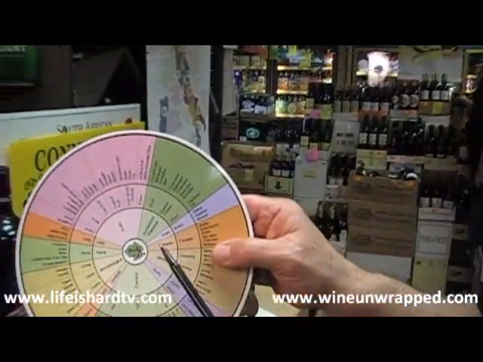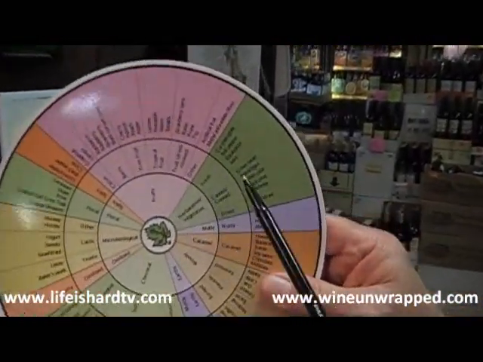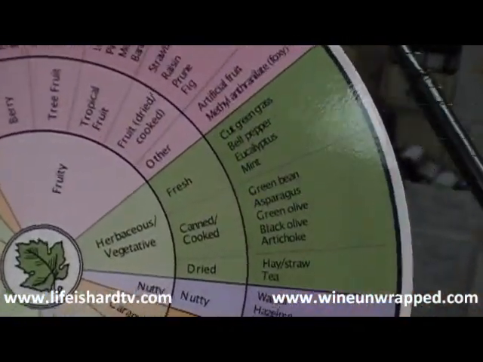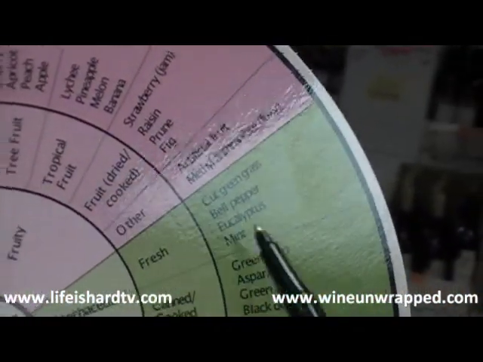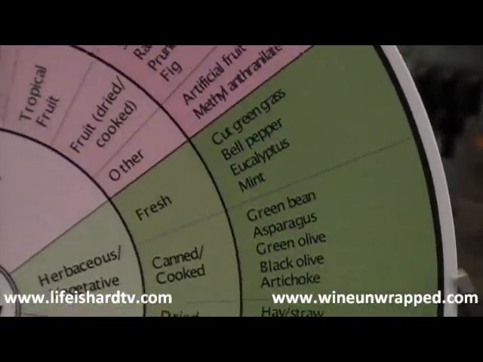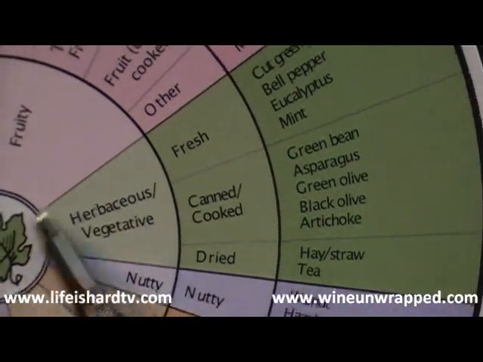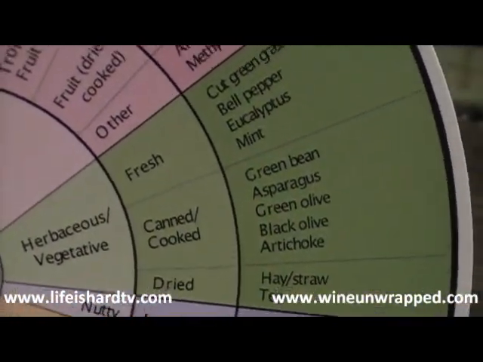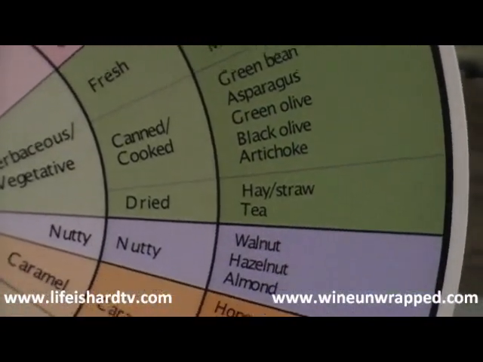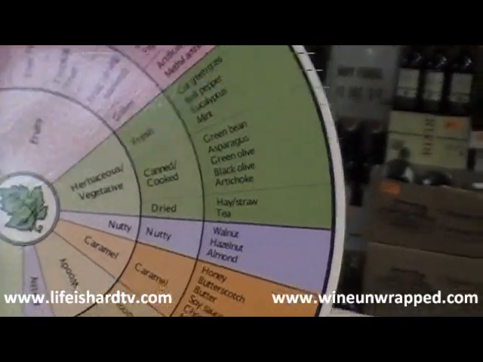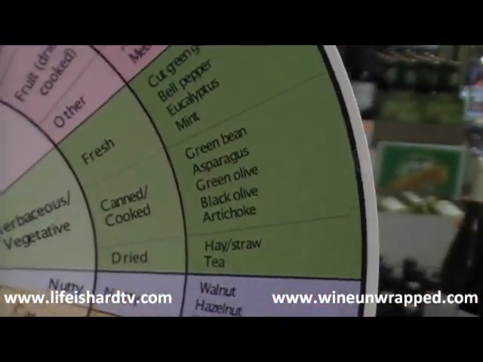Sauvignon Blancs, for instance. If you're drinking a Sauvignon Blanc, a lot of people will get that herbaceous quality. Well, you can think about, what is it? Is it cut green grass, which you do get from Sauvignon Blanc, or green bell pepper, eucalyptus, or mint? So all these start with a broad category, narrow it down a little more, and then they get even more specific. These wine wheels were developed specifically for novices, to try to help people understand what terms are being used and how to